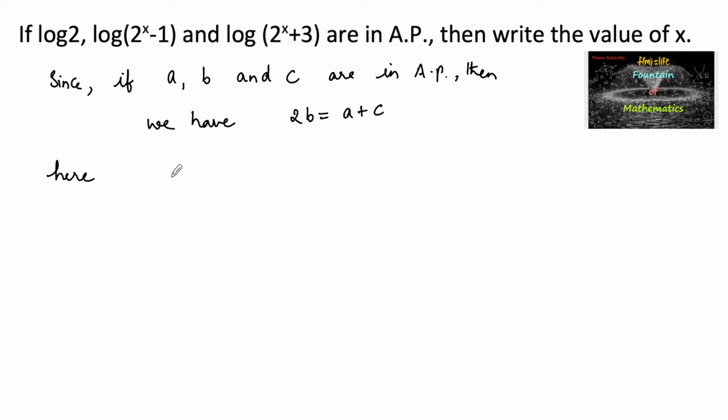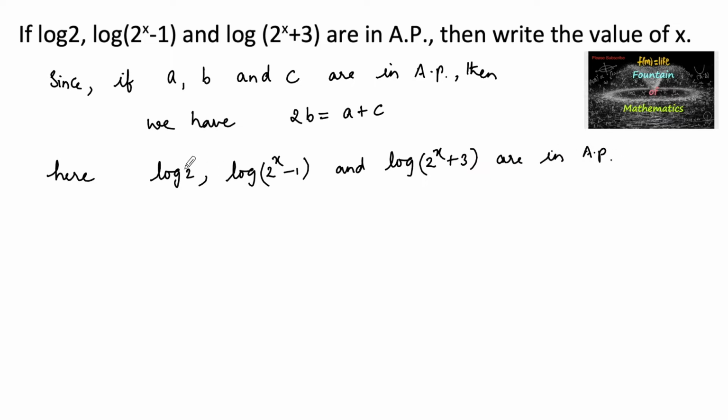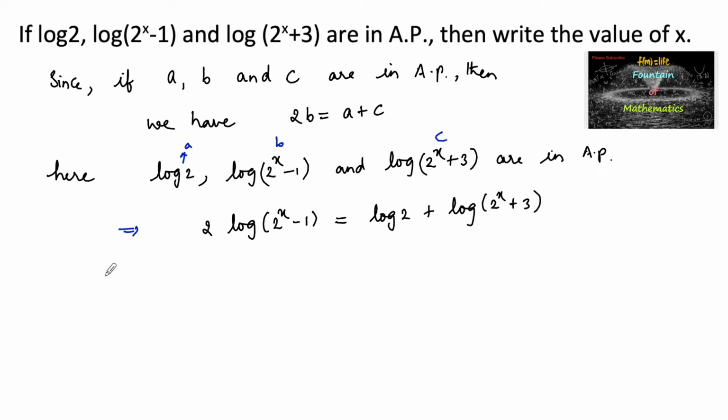So here log 2 power x minus 1 and log 2 power x plus 3 are in arithmetic progression. So let us consider this is a, say this is b and c, which implies 2 times log 2 power x minus 1 is equal to log 2 plus log 2 power x plus 3, and by using the laws of logarithm we have